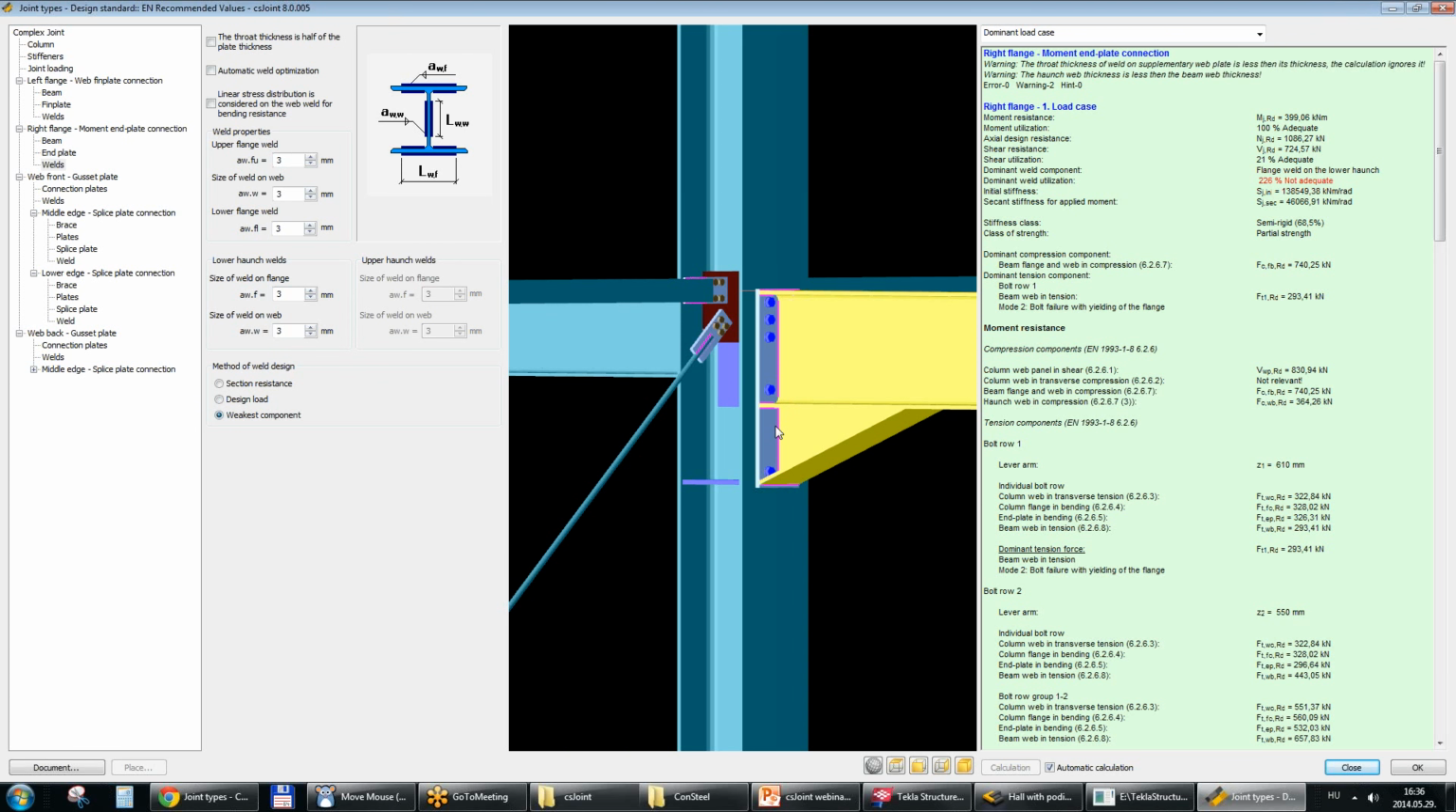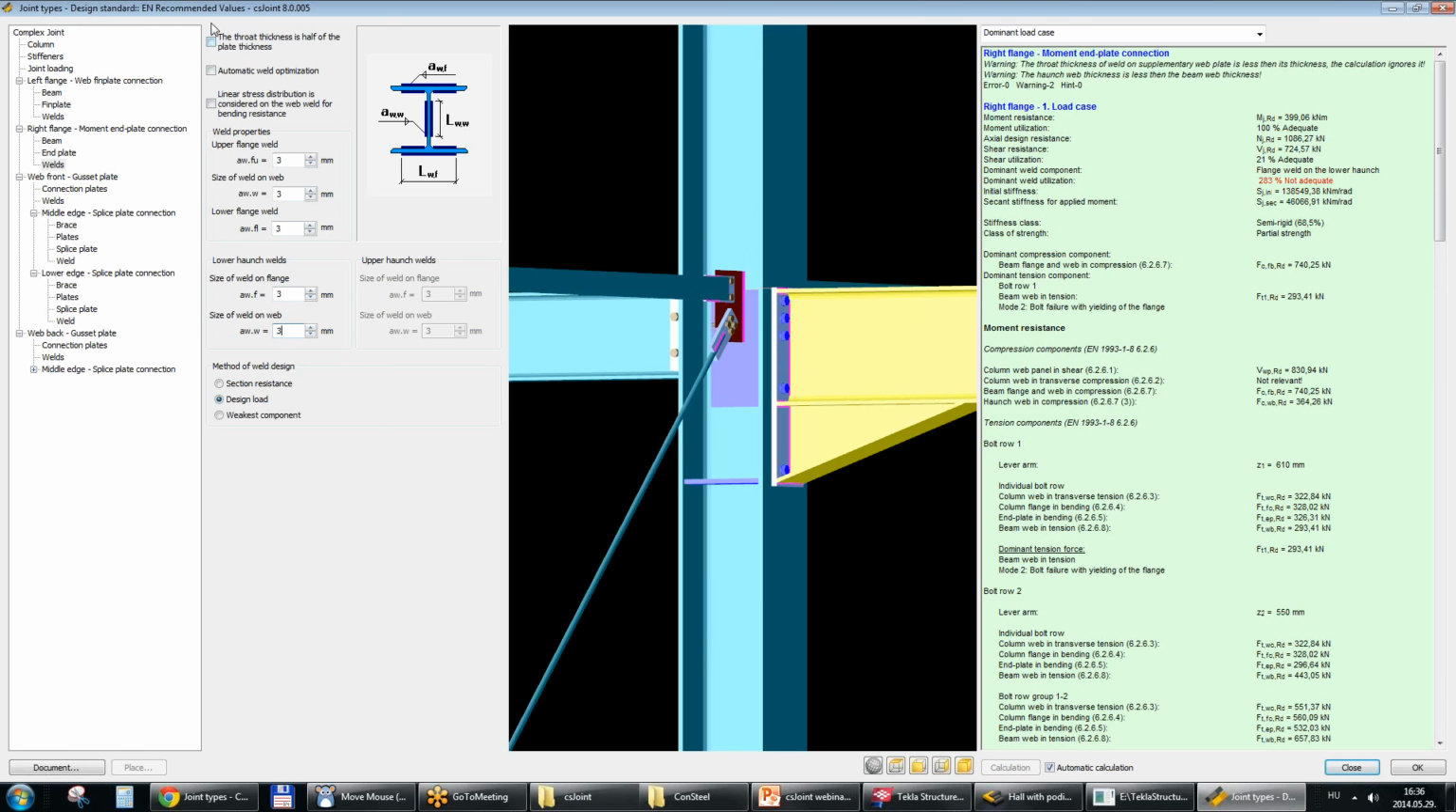Now we choose the design load. So we have now shear force and bending moment, and we evaluate the weld according to this. We have three options here. We can increase the sizes of the weld manually. We can make the throat thickness half of the plate thickness. We can choose automatic weld optimization, and we can choose that linear stress distribution is considered on the web weld